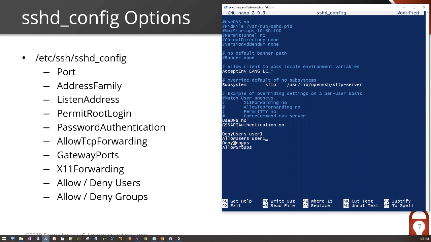Works the same with groups. If you take user 1's group and put it into the deny groups and allow groups, it will deny user 1 from being able to get in here. Now I've got to erase all these. Okay,